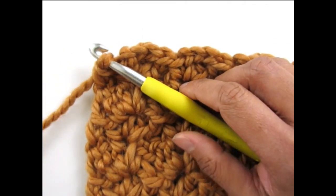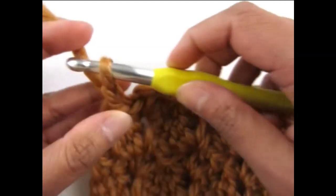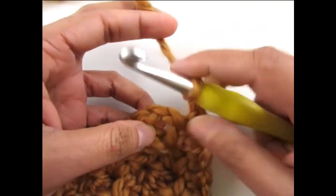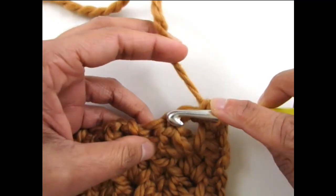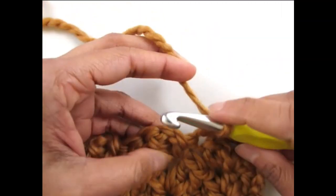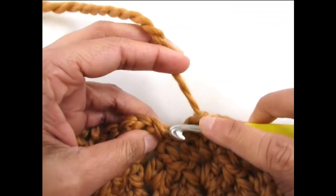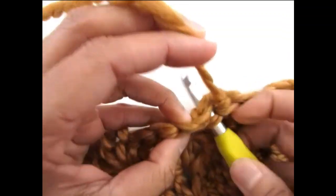Once you have made your scarf as long as you want, you will work a leveling row and then fasten off. To work your leveling row, chain 2, turn, work a single crochet in the first chain 2 loop, work a single crochet in the next 2 double crochet, work a single crochet in the next stitch, skip the next chain 2 loop, work a single crochet in the next 2 double crochet, work a single crochet in the next stitch,